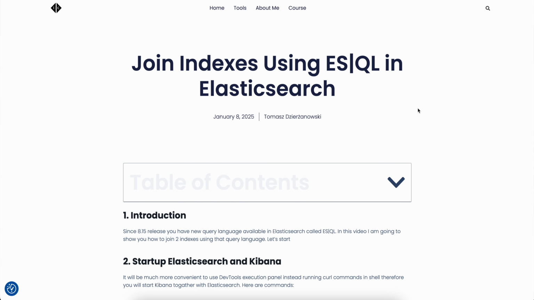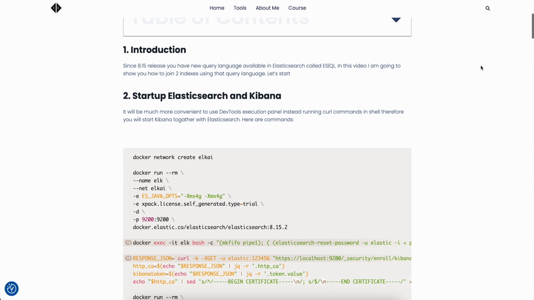The first step is to start Elastic. You need to start the Elasticsearch cluster, both Elasticsearch and Kibana. That will be useful because I want to show you how DevTools works with ESQL, and also in the Discover section there is ESQL support. You can easily query the indexes without creating a data view as it was before,